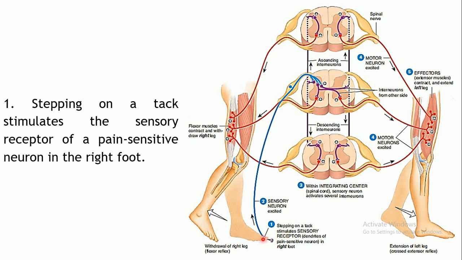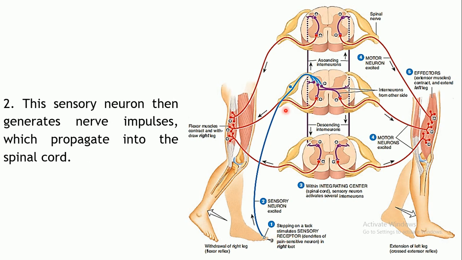Sensory stimulation, the sensory neuron will carry that information. Interneurons are stimulated, wherein the signal will be transmitted to other segments also. And as an output, motor neurons will be stimulated at different segments and the flexor muscle will contract. You will withdraw your leg. But at the same time, this particular sensory receptor which has sensed this painful sensation will send the sensory signals towards your spinal cord. So it will generate a sensory impulse in the sensory neurons which will be propagated towards your spinal cord.